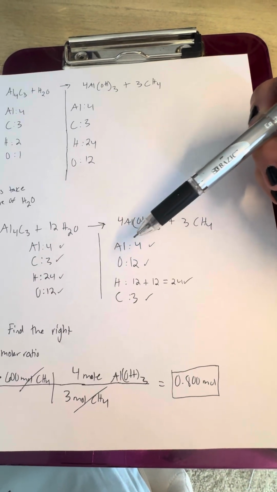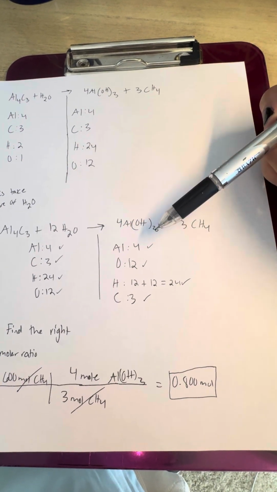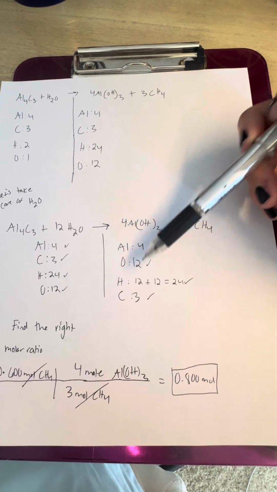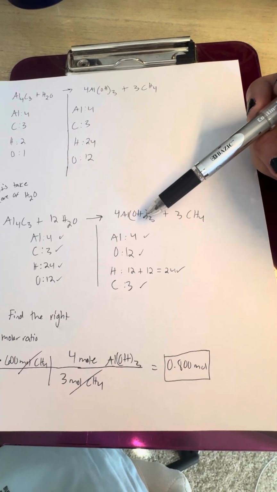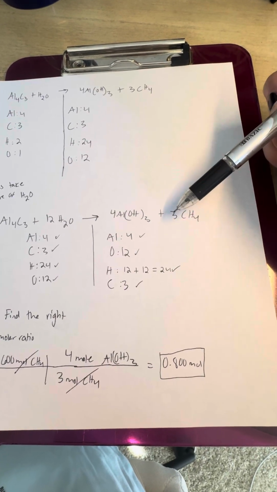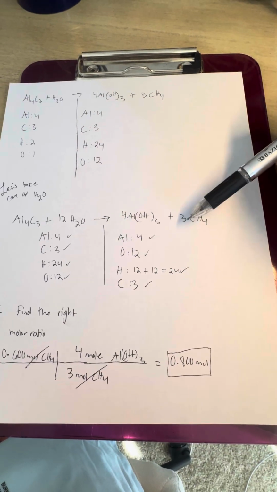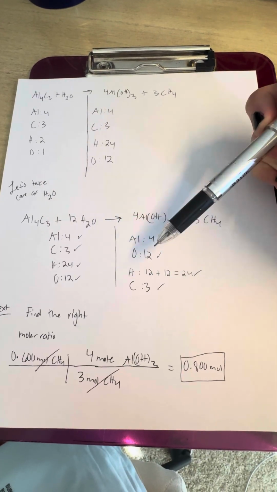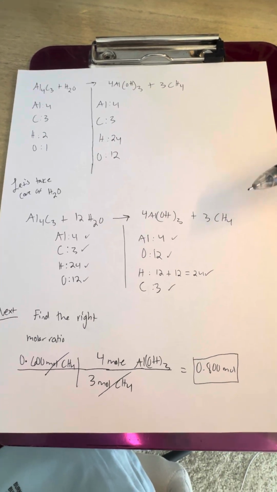And on this side, for aluminum, 12 oxygens from distributing that 3. We had the 3 oxygens before and times that by 4. That will give us 12. And for the hydrogen, we have 3 here. So 3 times 4 is 12. And we also have 12 from the methane if we multiply 3 times 4. So then 12 plus 12 is 24 hydrogens and 3 carbons. And it looks like everything matches: 3 carbons, 24 hydrogens, 12 oxygens, and 4 aluminums. Okay, we're balanced. So given that, we can now